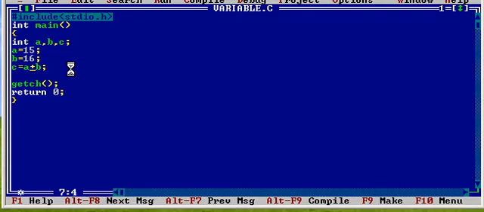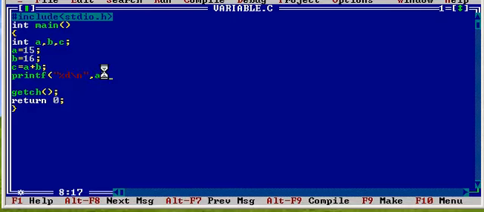Now we'll write printf %d. As you know, why %d? Because the variables are of integer data type.